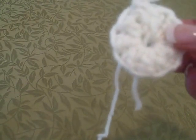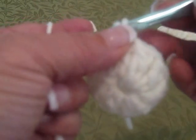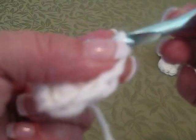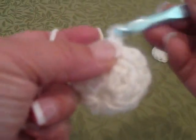So the next step is going to be, we're going to chain 3. This is what we're going to do. We're going to chain 3, where we're going to be making 5 loops here, okay? 5 loops. So let's begin. 1, 2, 3. You're going to skip this next stitch and slip stitch in the next space. And we're going to do that all the way around. Okay, see that little loop there? We're going to do that 4 more times. So chain 3, 1, 2,